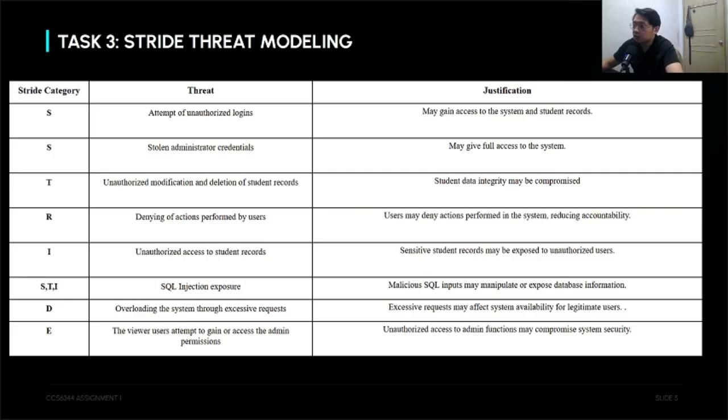Thank you. My name is Brandon Chin, and I'll be presenting task 3 and task 5. For task 3, we have STRIDE threat modeling. Firstly, we have spoofing. We consider risks such as unauthorized login attempts and stolen administrator credentials, which may give unauthorized users access to the system. For tampering, we have unauthorized modification and deletion of student records, and this may affect the data